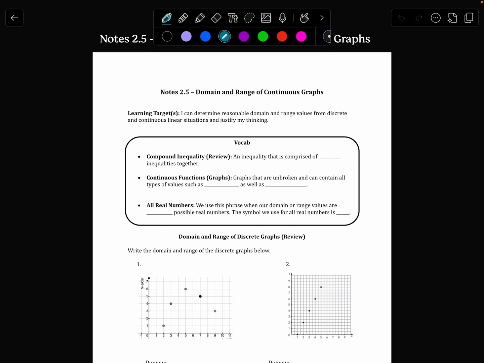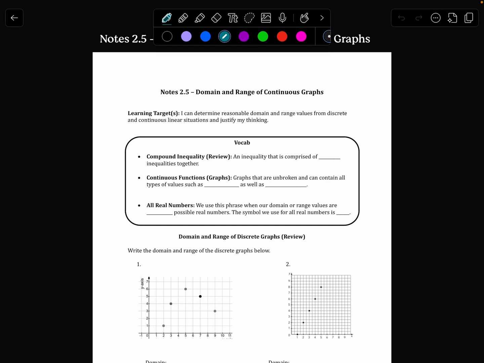continuous graphs. I will preface this by saying that for a lot of students, they have a really difficult time with this concept. So I'm going to do my best to teach it as clearly and slowly and with as much information as I can. This set of notes may be longer than a lot of other notes that we have done, and I apologize for that, but I really want to make sure that you have a good foundational understanding of domain and range